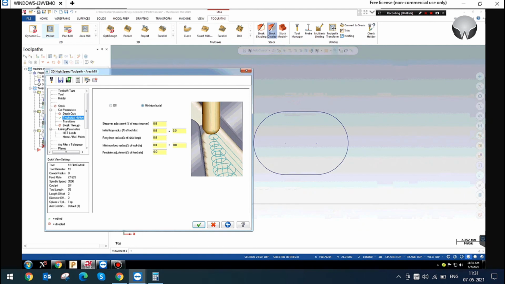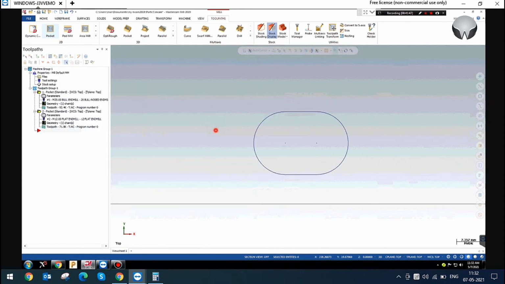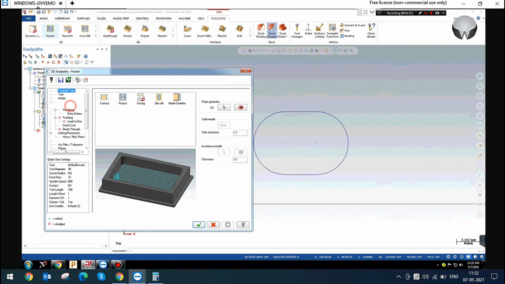If you use this pass, the tool will move with a rapid, angular, circular motion. In this case, the burrs will be thrown out from this area and our tool will cut smoothly. That's why we are using the minimize burial option.